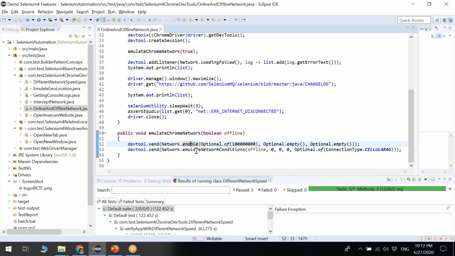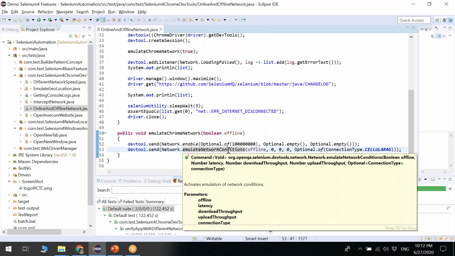And here, if you see, emulate network is a similar method to what we have seen in the last scenario, where we ran our test case at different network speeds. This is the same method, there's no difference at all. So the first parameter, if I click, we can see here, is offline. Offline means if you're setting anything true, a boolean value, the network will be off automatically. So this is how we can handle it.